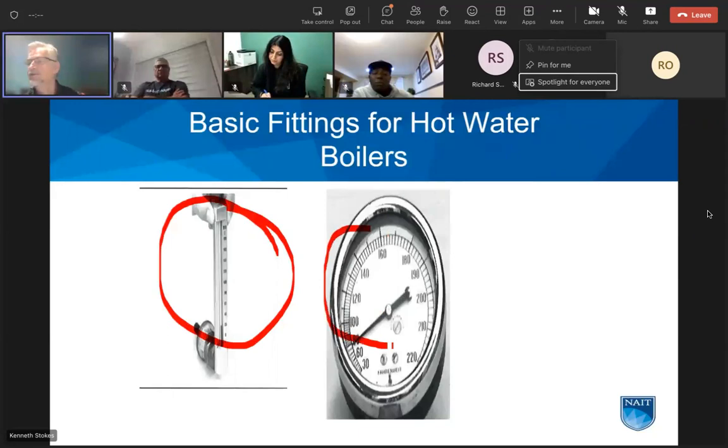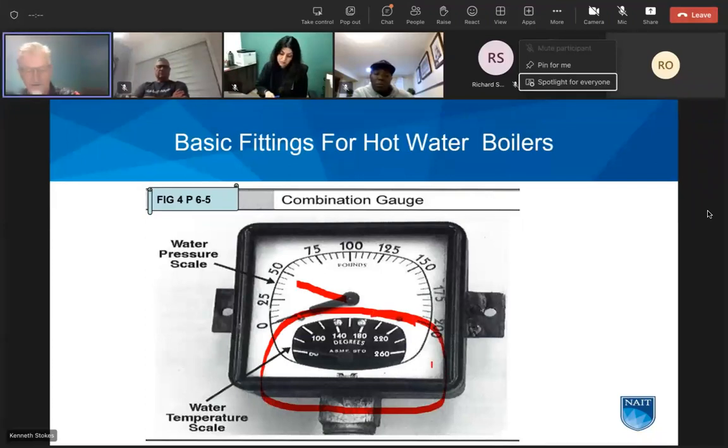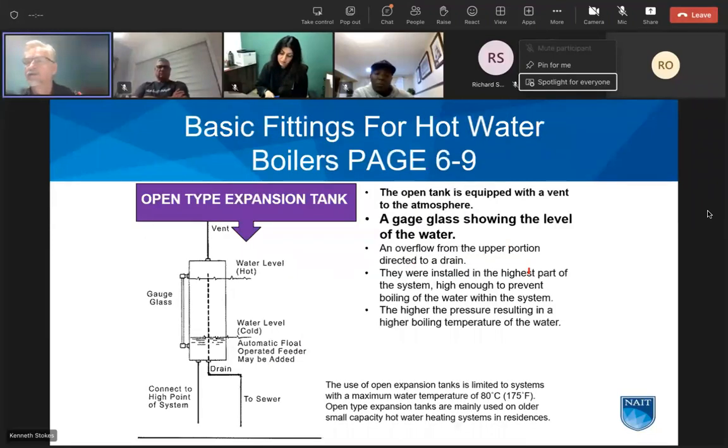Thermometers or temperature gauges. Combination gauge. So I showed you altitude gauge earlier that has the additional pointer here on the pressure side. This one is combination in that it also has a temperature gauge built into the same gauge. Check the pressure and temperature on one gauge. So back in the day, we had a big tank up